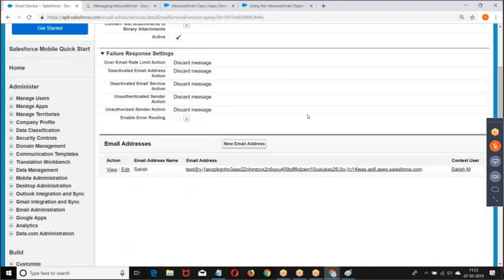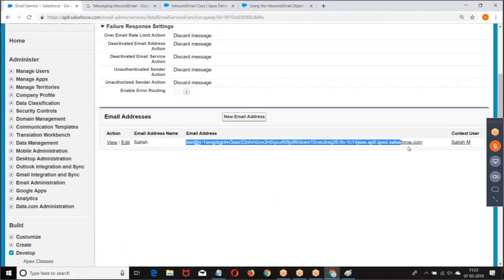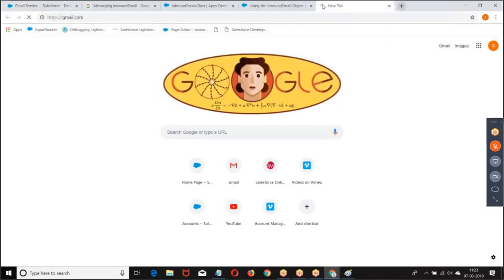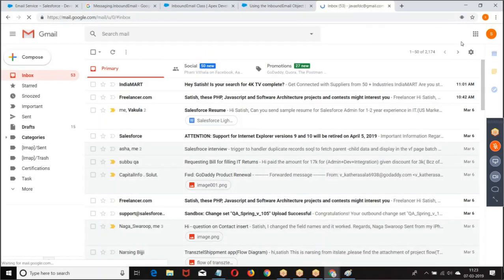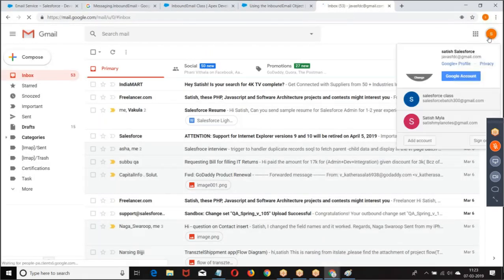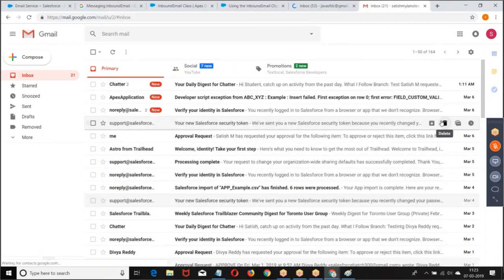Once I create this, what are you getting here? Practically, will you give this email address to a client, customer? You cannot give that. So what do we give? We give this email address to whom? To the network administrator. He will configure this with your company mail address, maybe support@icsa.com. So when you send a mail to that, it will be forwarded to this mail ID. Are you getting it? So straight away we cannot use this email ID.